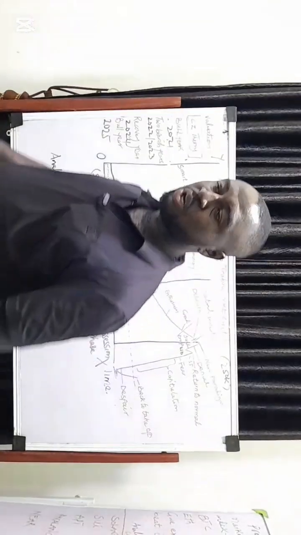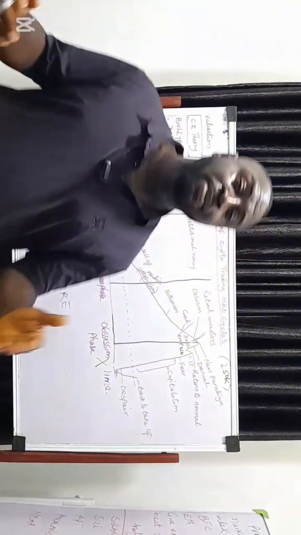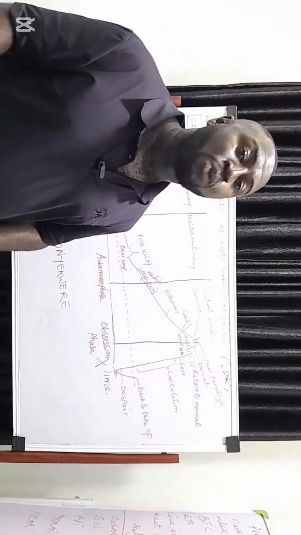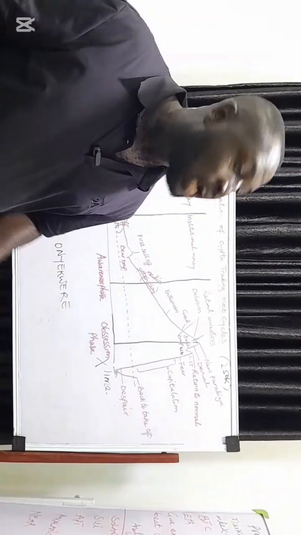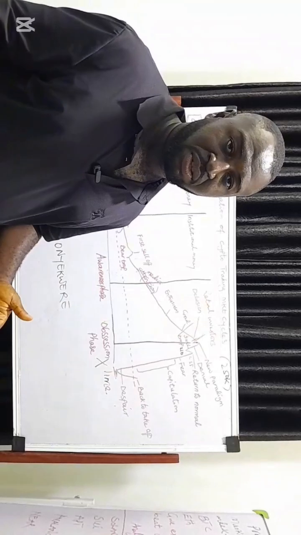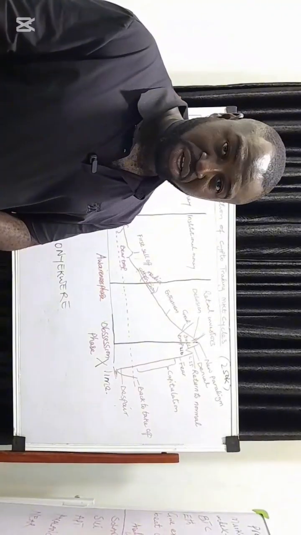If you have bought any crypto and you have not sat down to actually ask yourself, what is my take profit point? What is my take profit price? When am I going to sell? When am I going to take profit? And what is the strategy for taking profit? I always advise dollar cost averaging, both in entering and in exit. If you are not doing it, you know that you are doing it the wrong way.